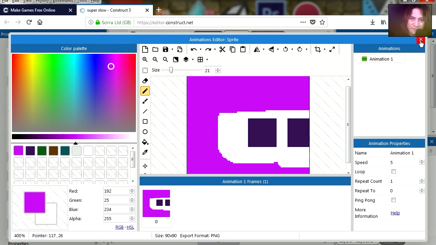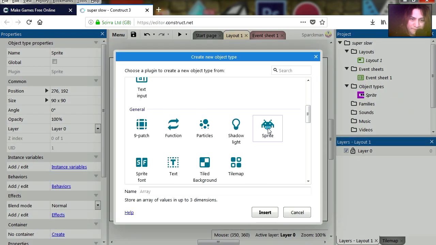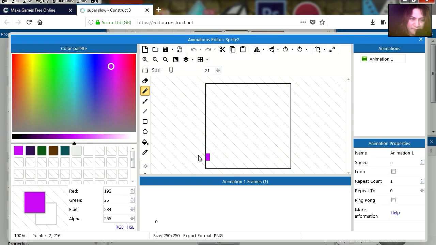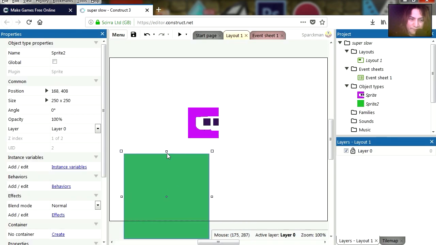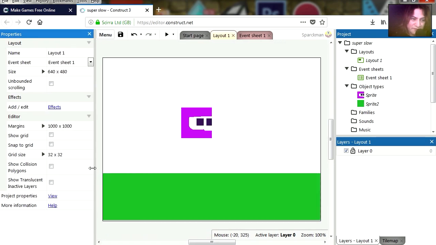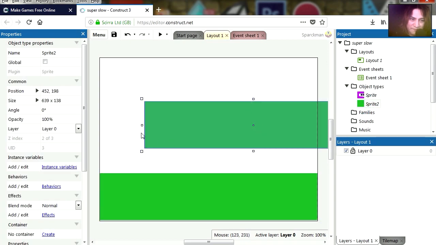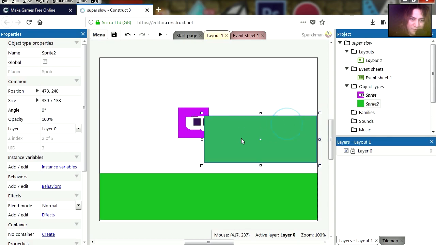So let's close this. There it is. I'm going to insert another sprite just because we can. Let's make this green. Here we go. This is going to be the ground. Now the graphics are terrible, but you can make better graphics. This is just an example. So I'm going to grab another sprite and I'm going to make it